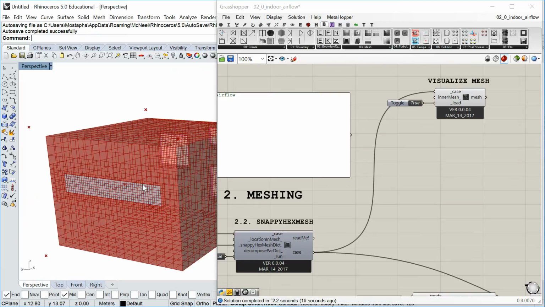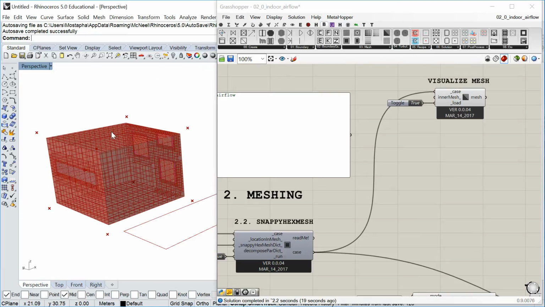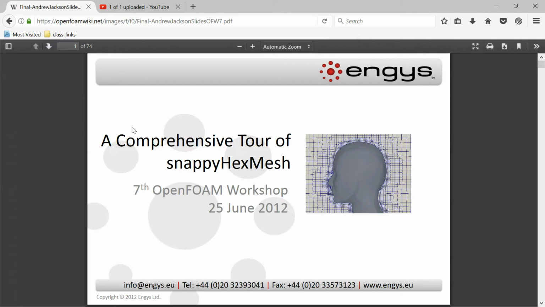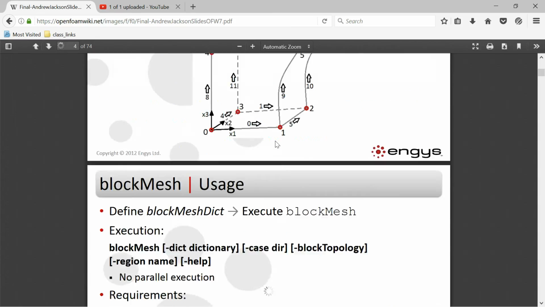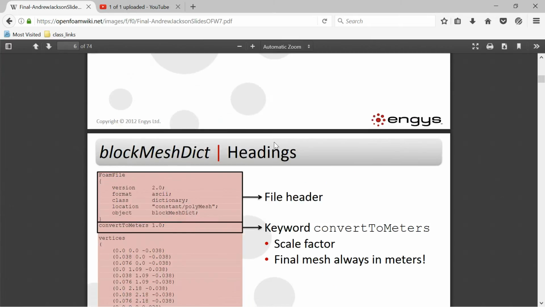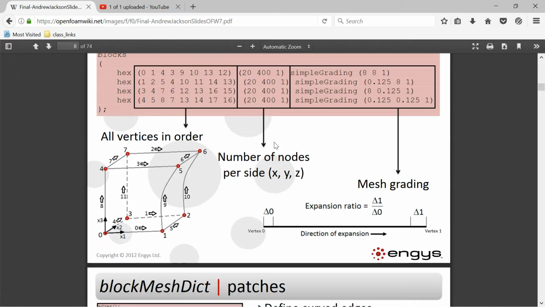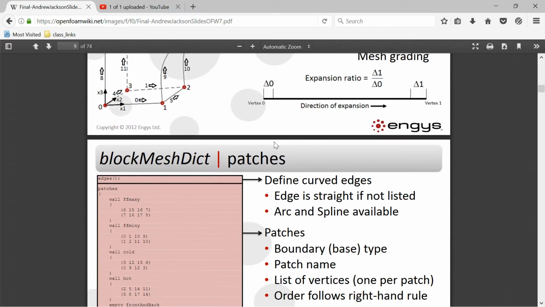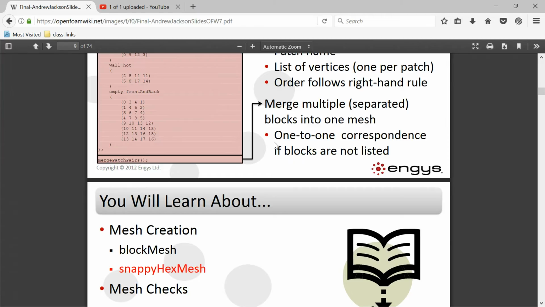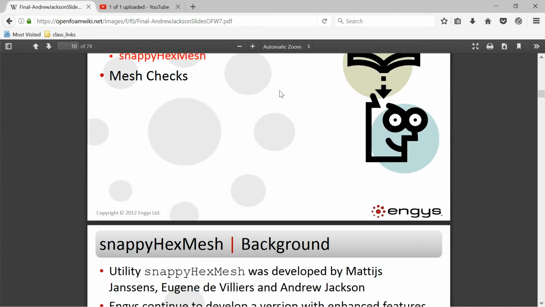And there is a lot more that we can talk about when it comes to snappy hex mesh, but to learn more about meshing and how snappy hex mesh works, go and check this document, A Comprehensive Tour of snappyHexMesh, that covers all the stuff for each step. Most of the stuff you read here is already automated in Butterfly, but to have the knowledge and to know what's happening in the background is really critical, especially for CFD analysis, to make sure you are getting what you really are trying to get